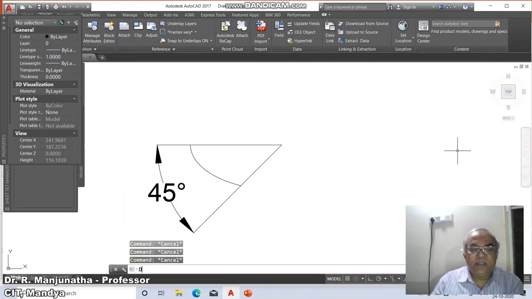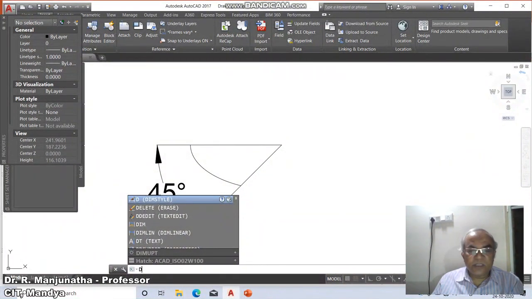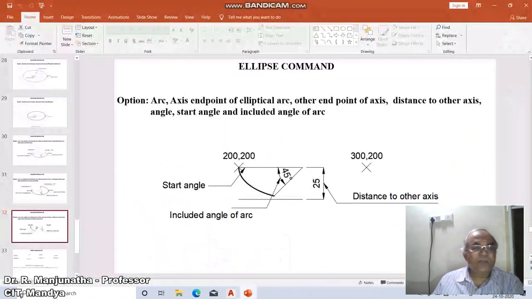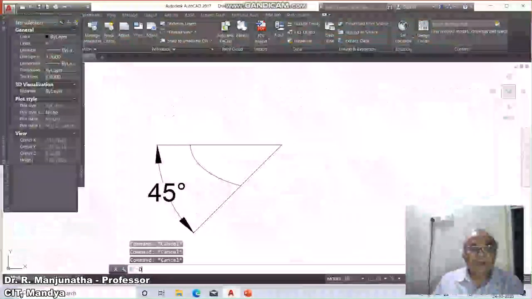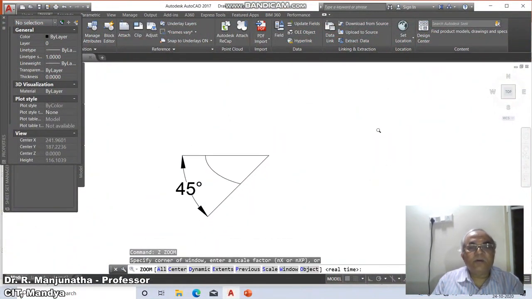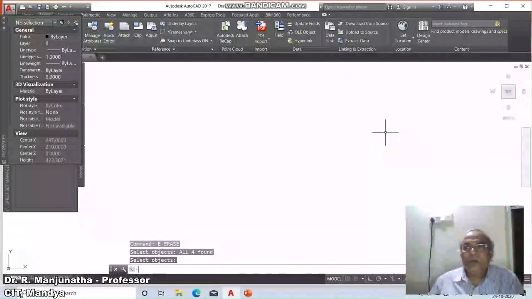And so this is how you will be able to draw portions of the ellipse by using the arc options. So these are all the various options which are there in the AutoCAD software. These are the possible options with which we will be able to draw the